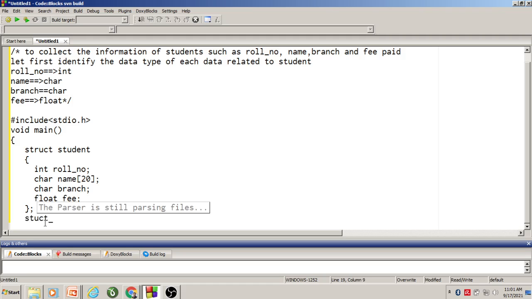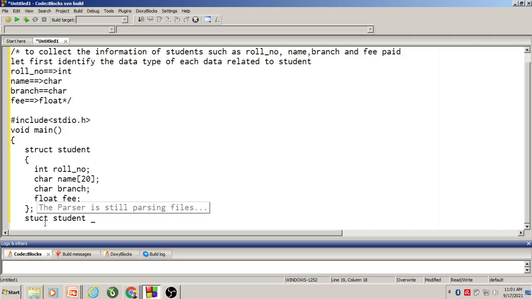We write struct and the name of the structure, that is student, and after this we will write a structure variable name.